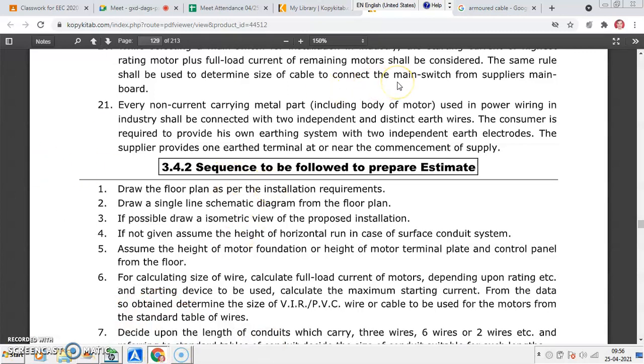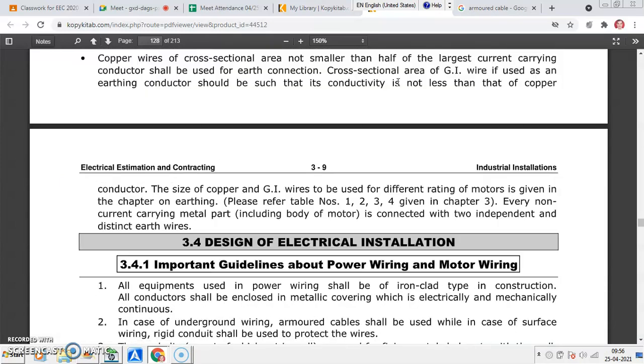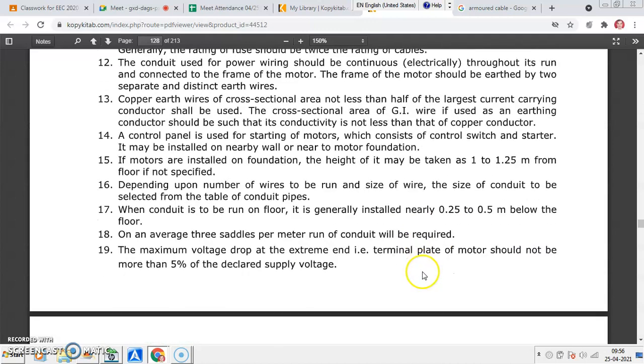So these are some important guidelines as far as industrial installation is concerned for power and motor wiring circuits. If you have any